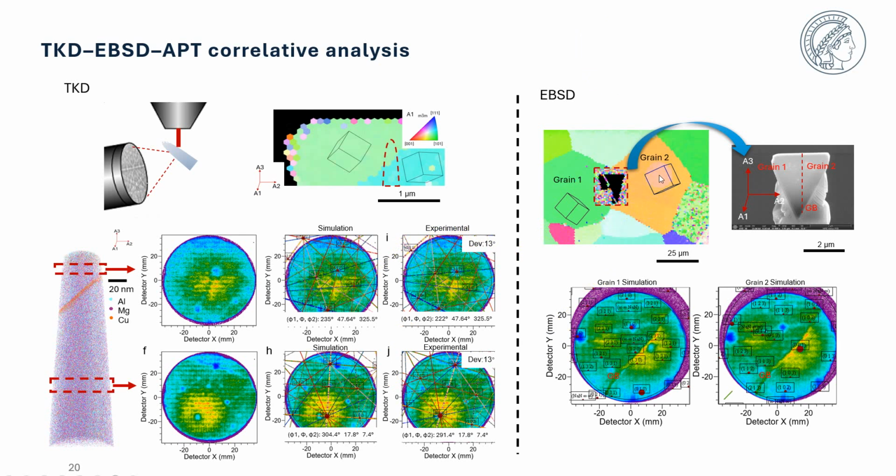And also if you have an EBSD result, you can also do similar work. For example, here you see the region, because of the existence of a grain boundary, it includes 2 grains. So we have a limited region for the pole figure for each grain. For grain 1, we only have 2 poles. So if you have TKD or EBSD data, you will have a simulation of these poles. Now you can see, now we know this pole is a 111 pole and this pole is a 110 pole. And also for the other grain, you can also do this simulation, and we know this pole is a 001 pole. Okay,